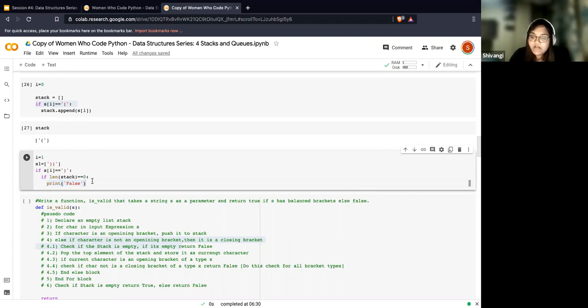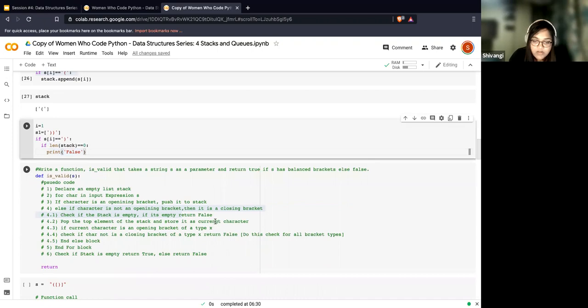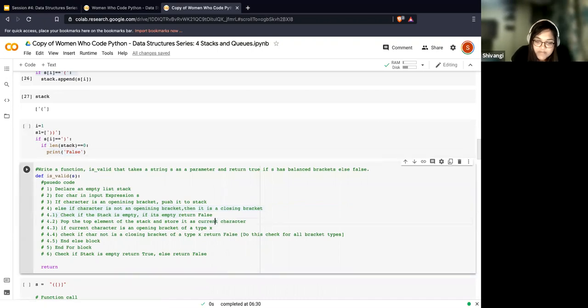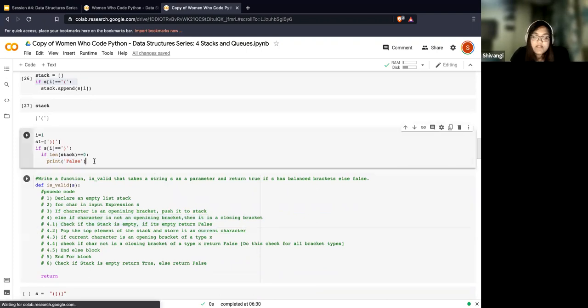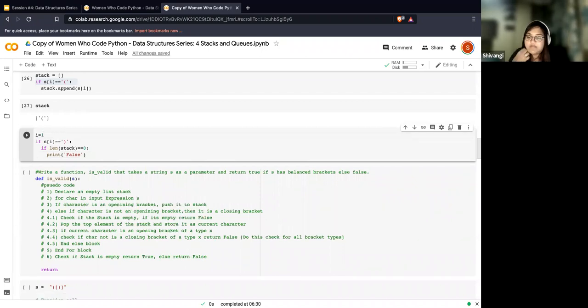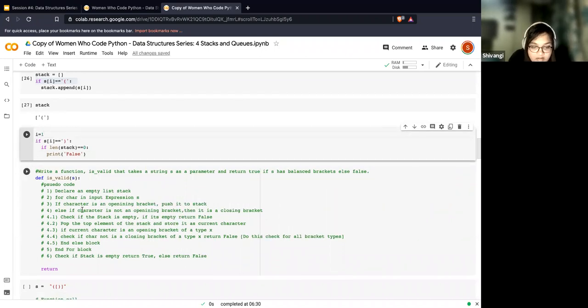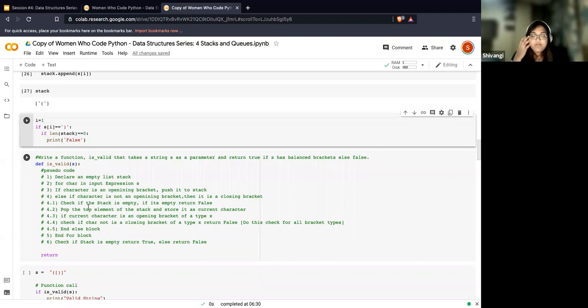Is this clear so far? Cool. If it's clear, I'll just move to the next part. And now what do you do? So, okay, this is one condition, right? And if that happens, you know what to do. It's not a valid string anymore. And next you would pop the topmost element of the stack, right?